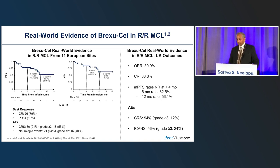So at ASH this year, there's also real-world evidence being presented with brexu-cel in relapsed refractory mantle cell lymphoma. 2 studies, one from the European group from 11 different European sites. This is based on 33 patients who were treated on the expanded access program at these sites. And you can see that the CR rates and the safety profile is quite similar to what's been reported on